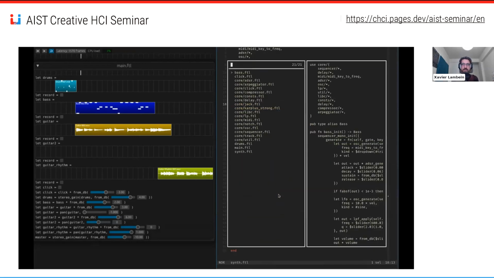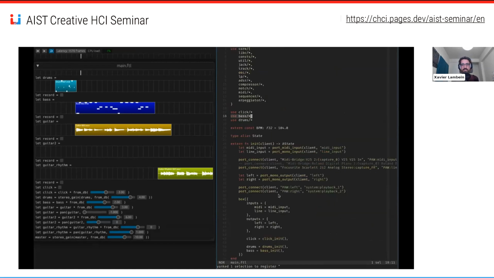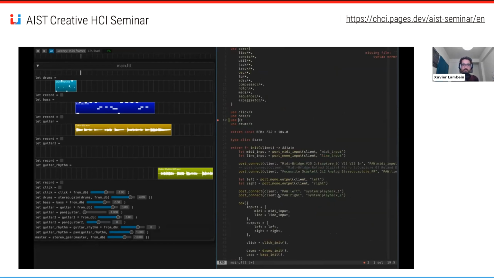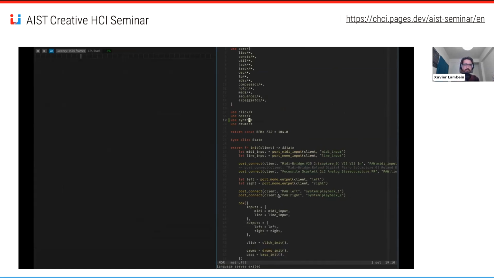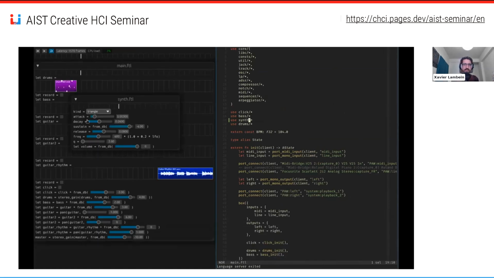Once this is done, I can go back to my main file and import the synth so that I can use it in my project. Then I need to restart the GUI on the left-hand side. And now that this is done,